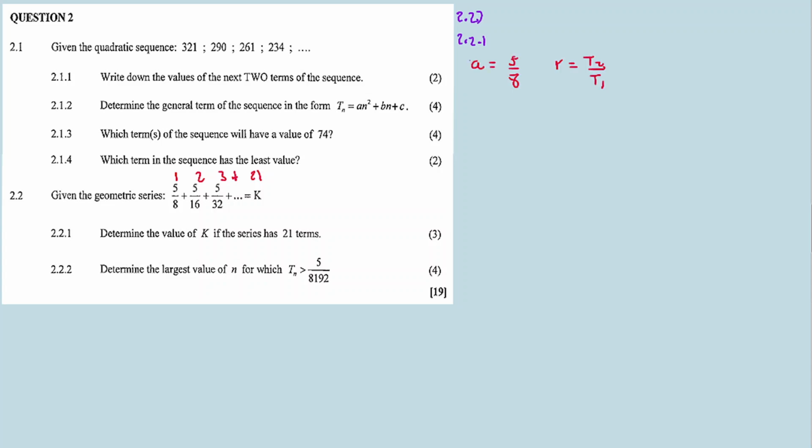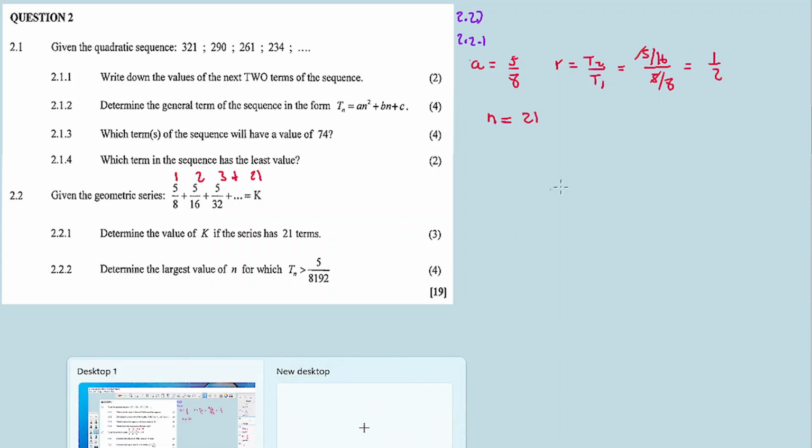The value for r I calculate now: T2 over T1 or T3 over T2, the same one, a common ratio. So 5 over 16 divided by 5 over 8. 5 cancels 5, and then it's 8 over 16, which is equal to 1 over 2, and then n is equal to 21